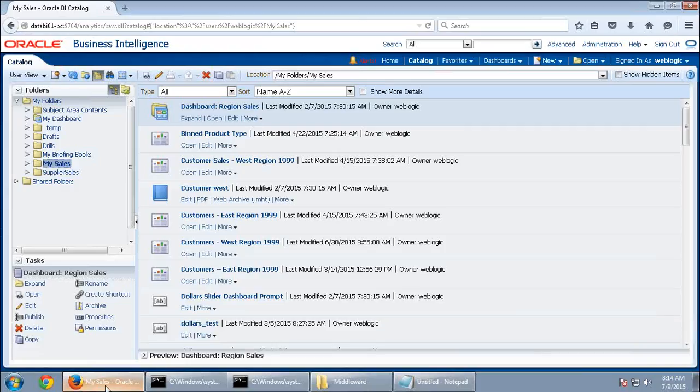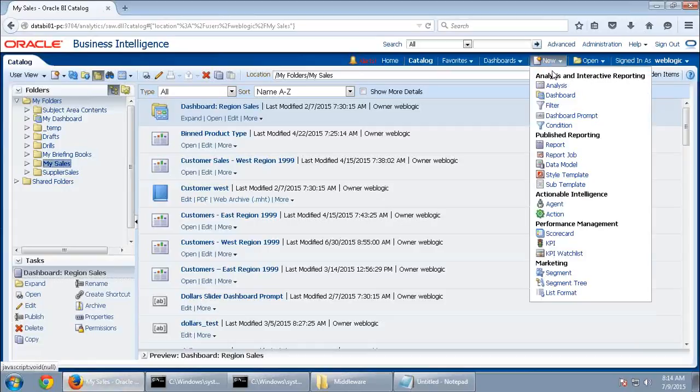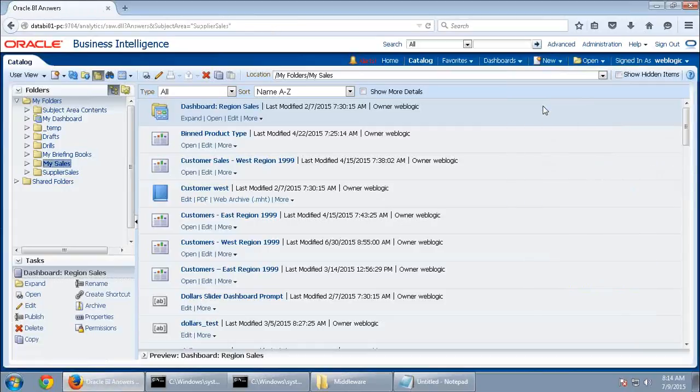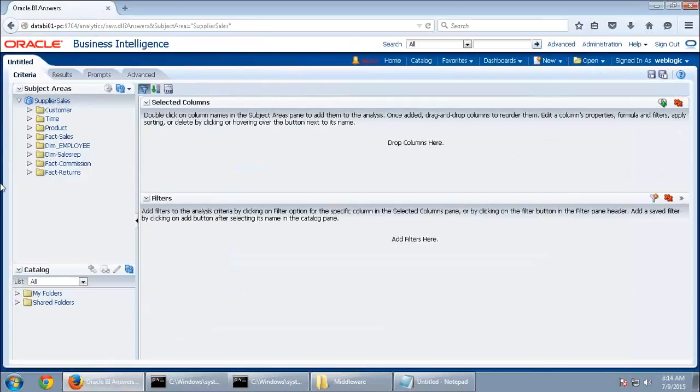Let us see how to work with set operators. For that you have to go to new analysis and pick up any subject area. Generally, in real time you will have 5 to 10 subject areas. You can use your set operators for two different sets from two different subject areas. You are not joining them, right? You are only displaying them in a single report. Remember that. Your union operator picks up all the records and displays them combined into one report. Your set 1 comes with a different select query. Your set 2 can come with a different select query, but still you can display them however you want.